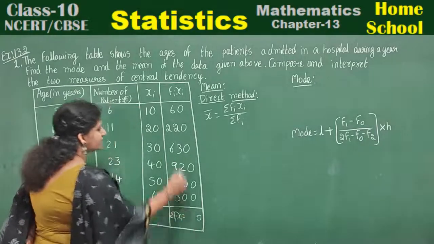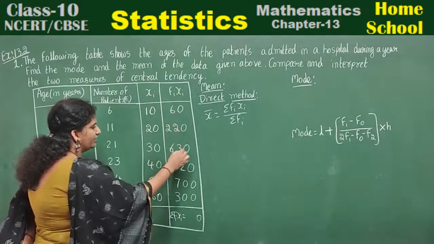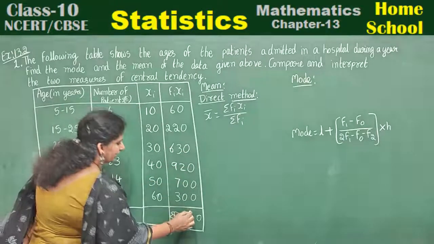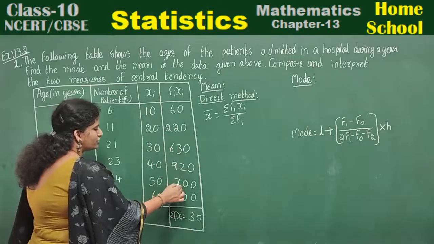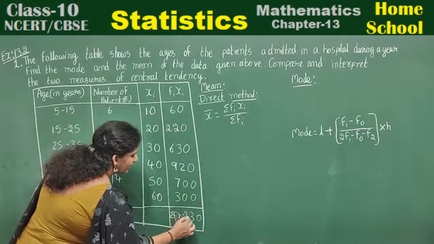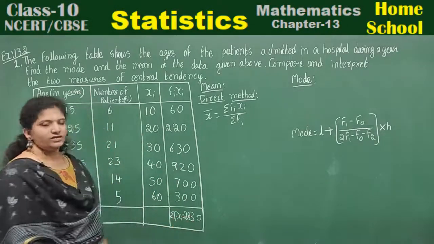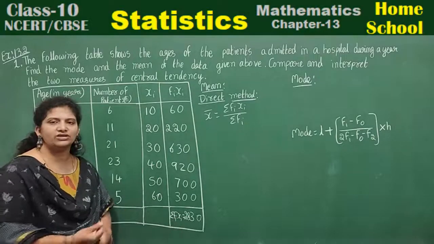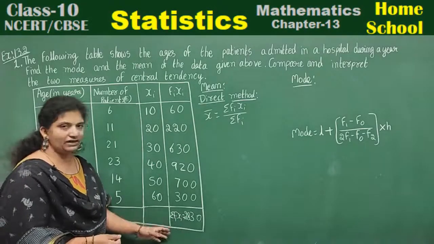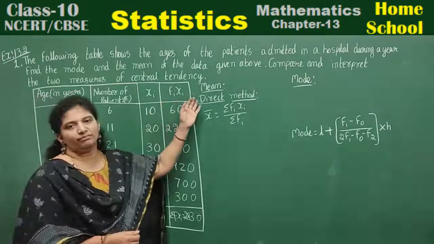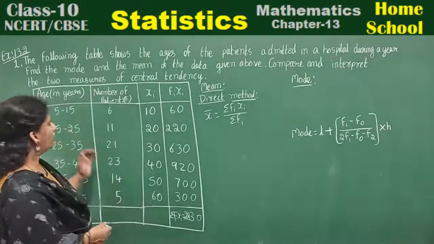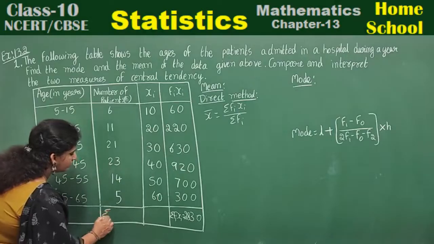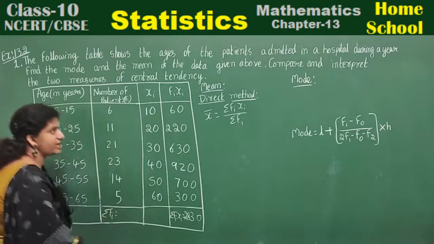Summation fi xi is equal to, add all of this: 0, 6, 8, 11, 13, 1 plus 2, 3, 9, 18, 25, 28. Summation fi xi is equal to 2830. Mean by direct method we are going to calculate. And do we know summation fi? No. Summation fi is equal to